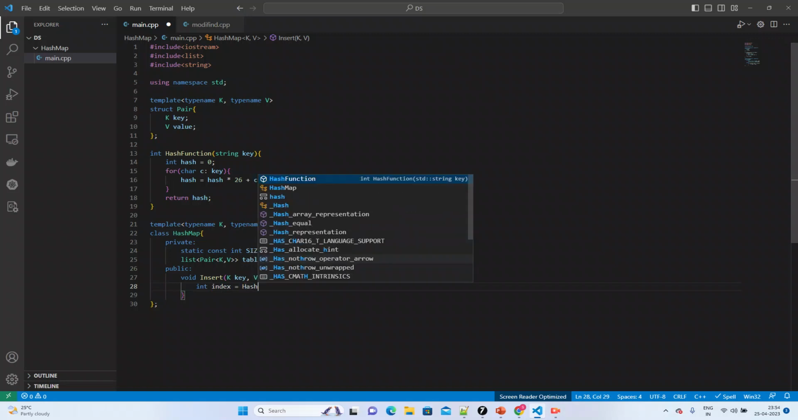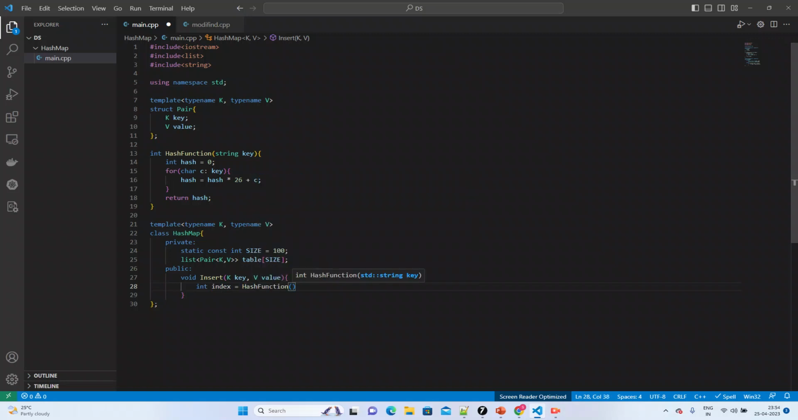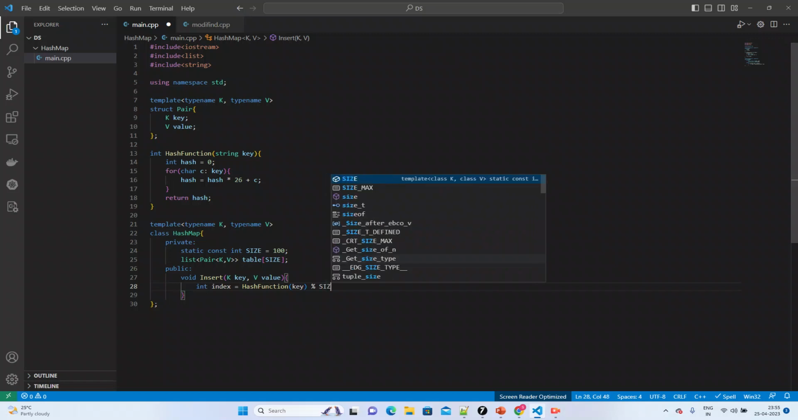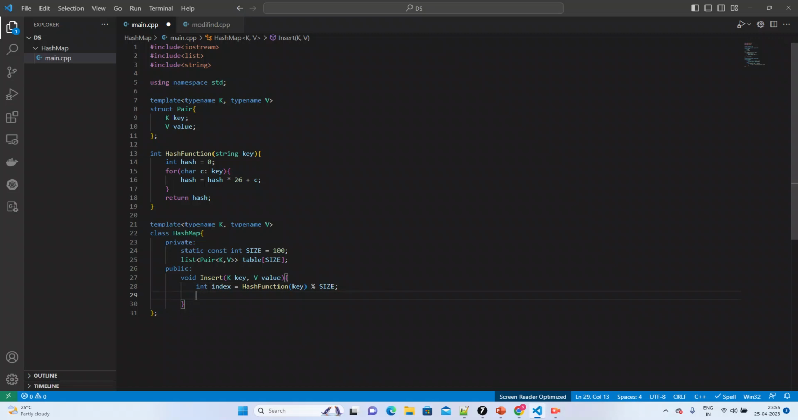So we can say an index equal to the hash function. Let us pass the key for that, and that key range should be within our hash table size. Our size is just 100, right? So just mod of 100, and you will always get a hash value less than 100. Once you are done with this,